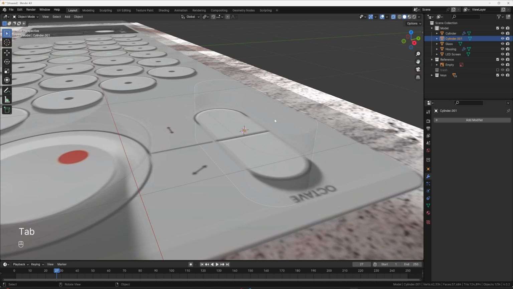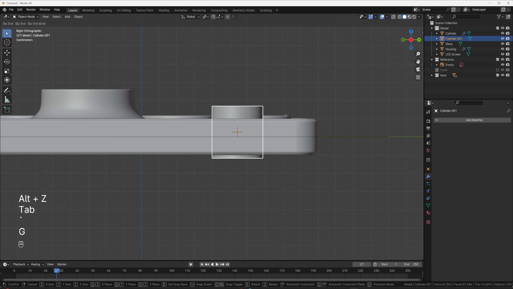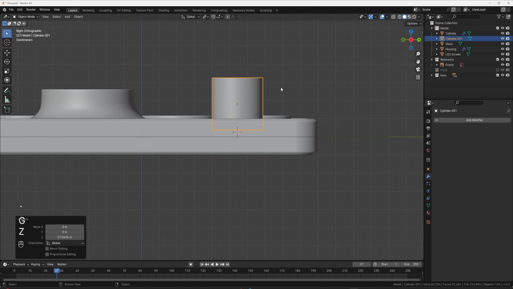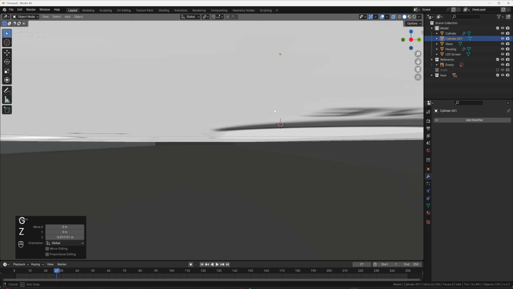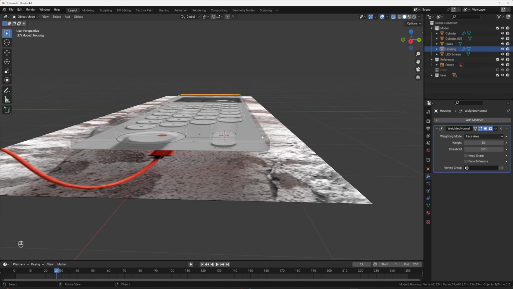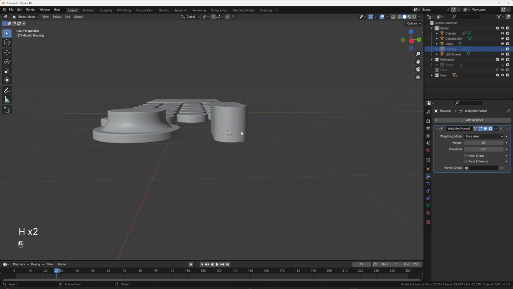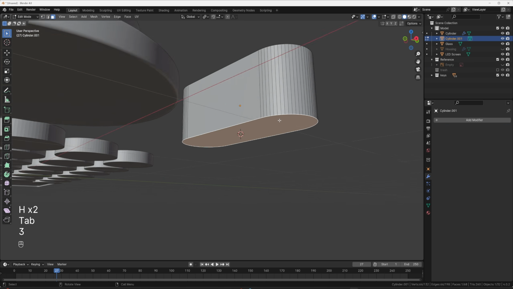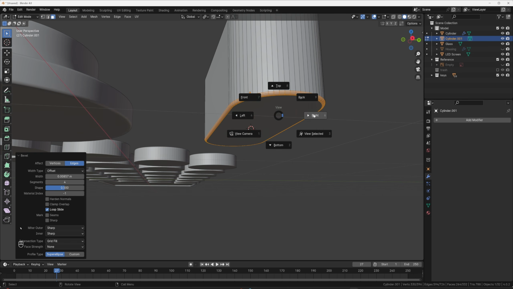And then what we're going to do is go out of X-ray mode. I'm just going to bring this up, go into right view, like so. Just want these to kind of have the same bottom as this piece. And then I'm going to hide the housing real quick. And this, I guess. And I want to bevel the bottom because I know we're going to use a subdivision potentially on this. So let's go ahead and give the bottom just 4 segments or so like that.